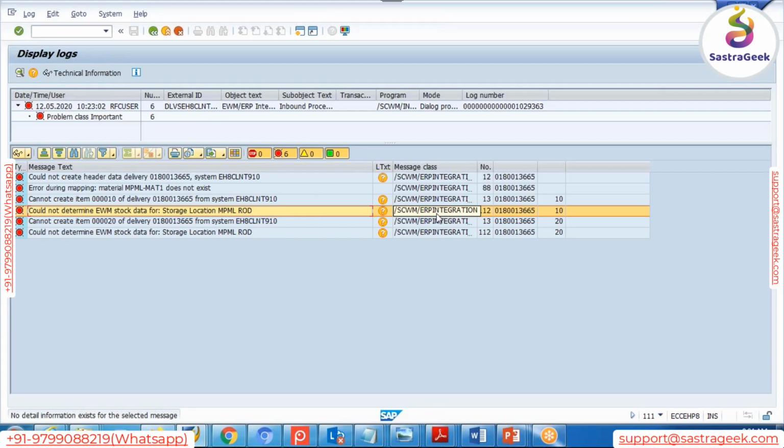Then I identified that the storage location is not there. But before going to that, I intended to check whether my availability group is there or not. It's there. Straight away I went there and I maintained it. If the ROD storage location is there and availability groups are not there,